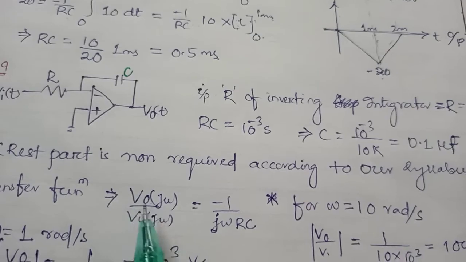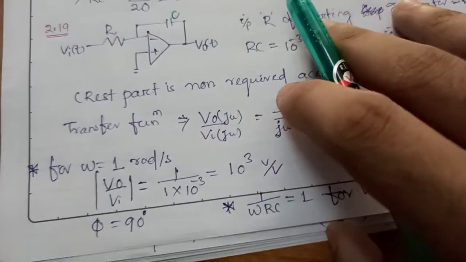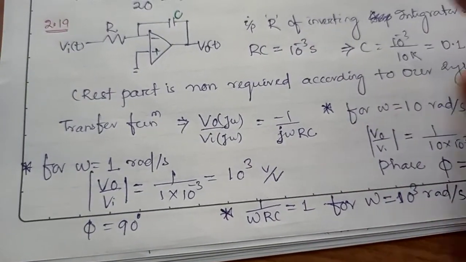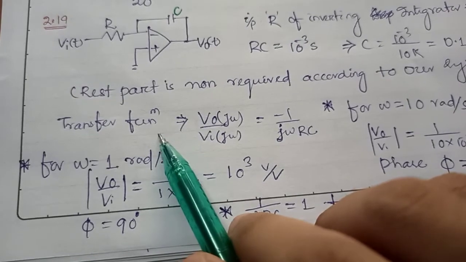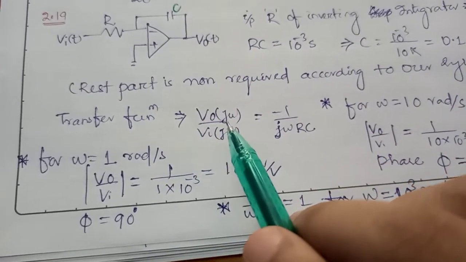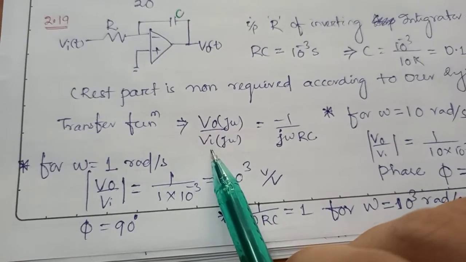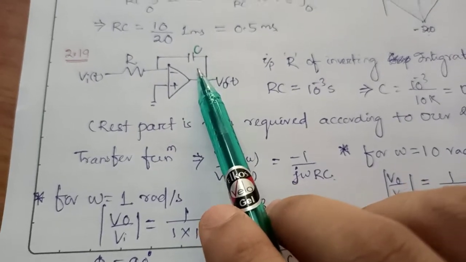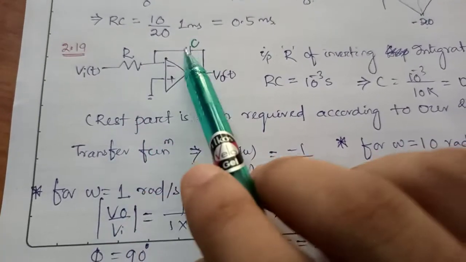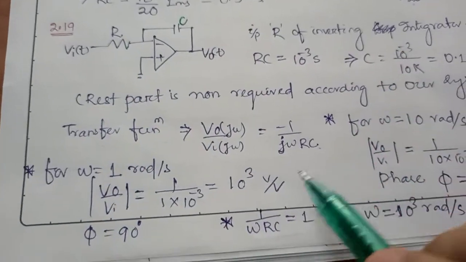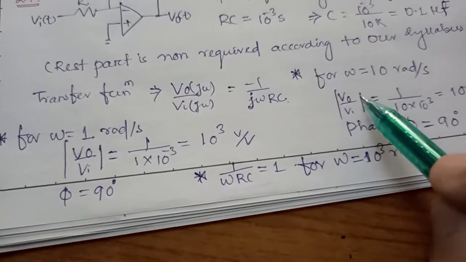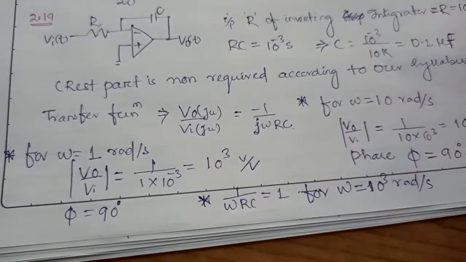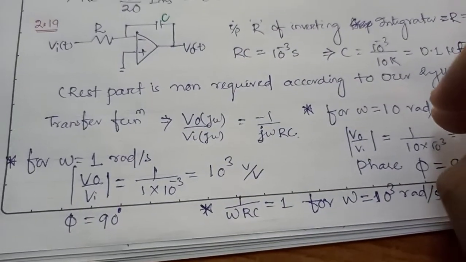And then it is asked what is the transfer function. This transfer function is not in your syllabus for now, but I did it, even though there are some 2 to 3 other questions at the last which are based upon this transfer function. So you can leave those transfer function questions. The transfer function is V out upon V input, which is nothing but minus 1 by j omega RC, because we have to convert this C into j omega C form, and both into impedance form. Then we get V out upon V input, then we find the mod, means the magnitude, and then we find the angle. This is the second type of question, but it is not in your syllabus, so you can omit this one.